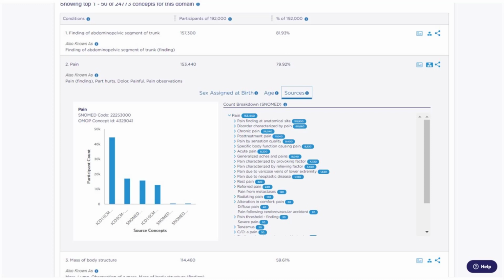Some participants may have more than one type of pain, so they will be counted for more than one medical concept in the hierarchy, but not more than once for the same concept. For example, a participant could have both chronic neck and chronic back pain in their medical records. As a result, the total counts for the descendants in the hierarchy may be more than the count for the top-level concept.